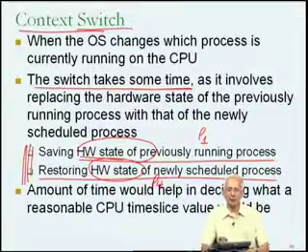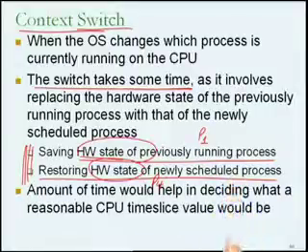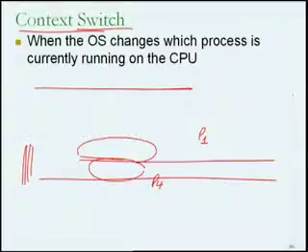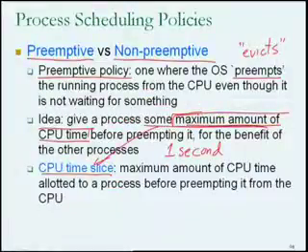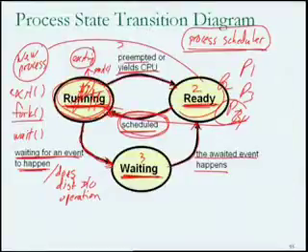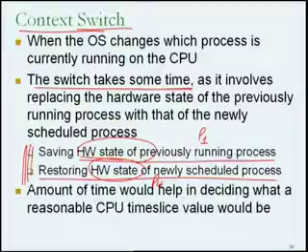Okay, so this amount of time that it takes may also be useful for the person designing the operating system in deciding what would be a reasonable CPU time slice value. Remember, we talked about the CPU time slice in a previous slide. It was the maximum amount of CPU time that could be allotted to a process before it is preempted from the CPU. So when we come back to this slide, if I told you that the amount of time to do a context switch is let's say 3 microseconds,